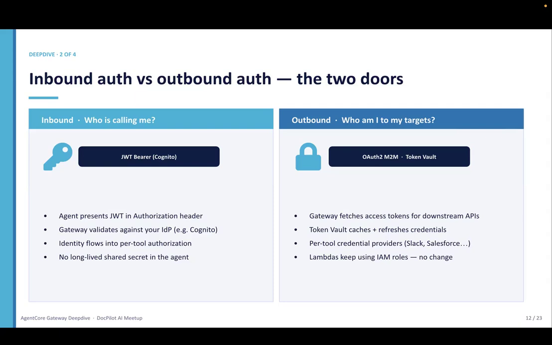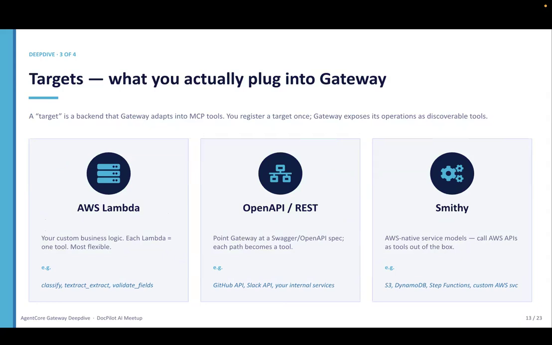When the gateway tries to call the tools, this is the sequence that runs behind it. This is what we are doing. So we are using AWS Lambda. I said classify, Textract. Classify is nothing but one LLM call it is making, and Textract is extracting. Validate fields is nothing but, if you want to extract only 5 attributes from this, I have defined a few attributes. You can keep on applying those conditions. You can even create a knowledge graph for that particular kind of use case. It extracts only those fields using the AWS Lambda call.